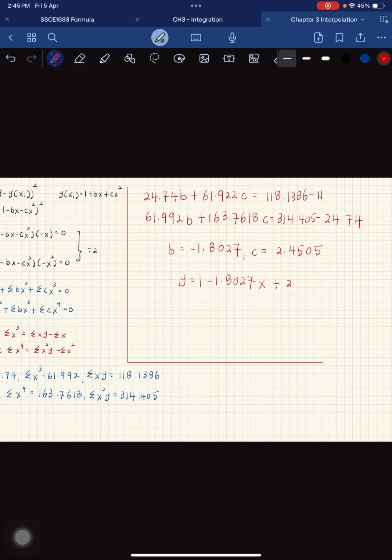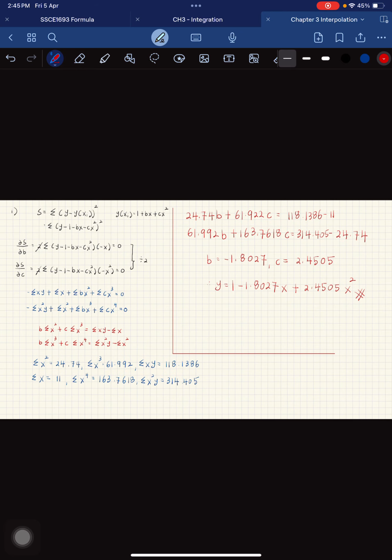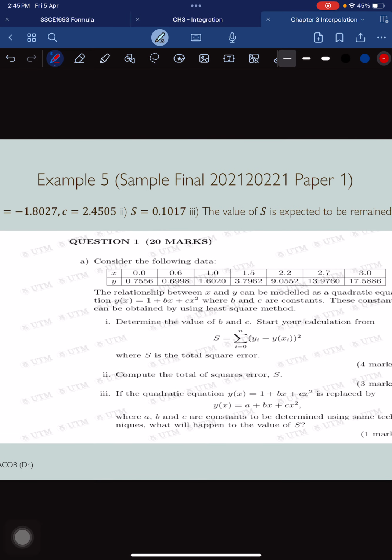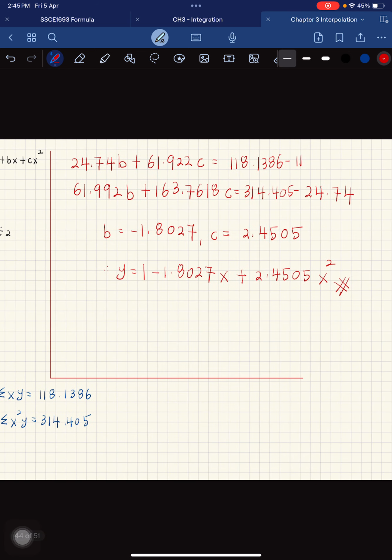plus cx squared. So this is your answer. Okay, and then number 2, compute the total square errors, S. So similar to what we did just now. Number 2, so we have x and then we have y. So the value of x is